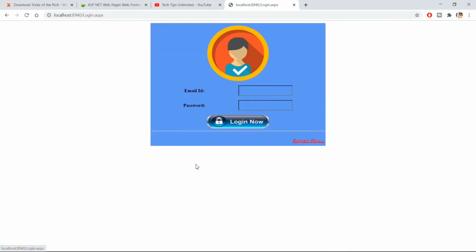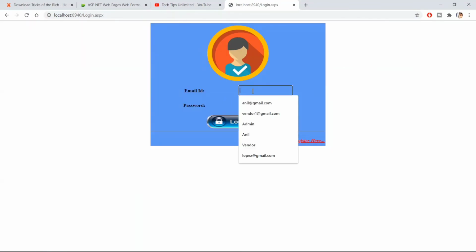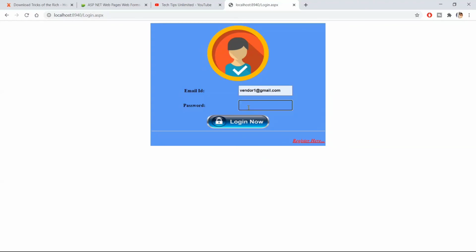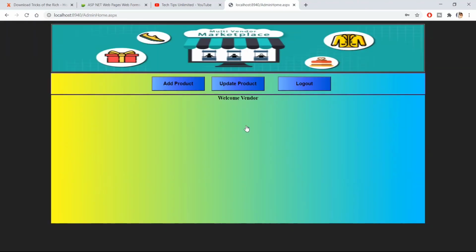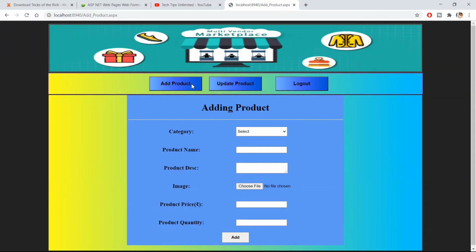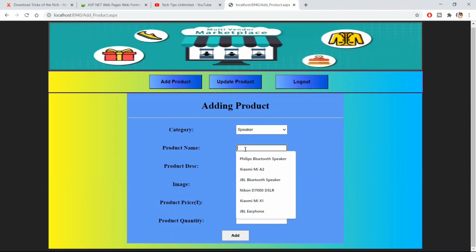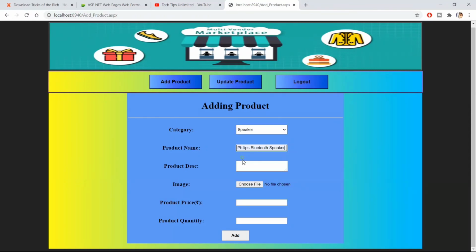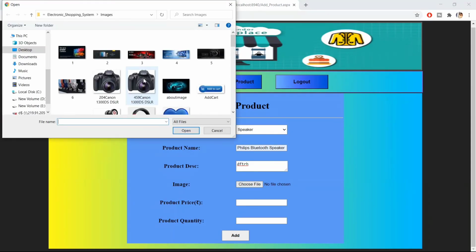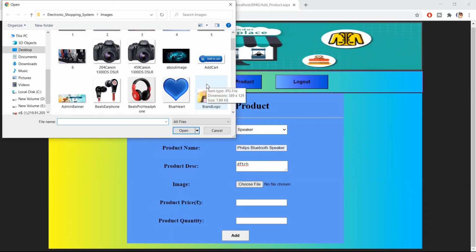So let's log in. Let's add a product for this vendor. Let's check if we have any image for the speaker. Speaker.